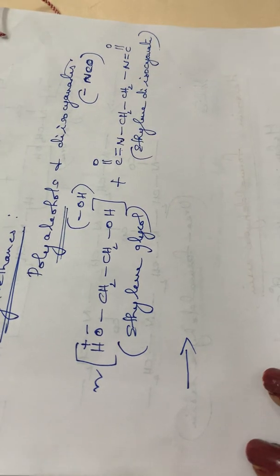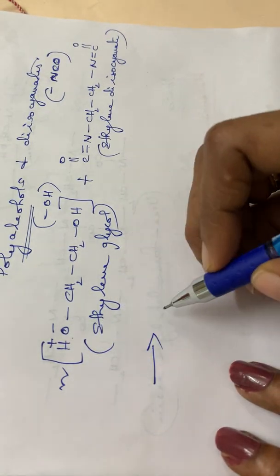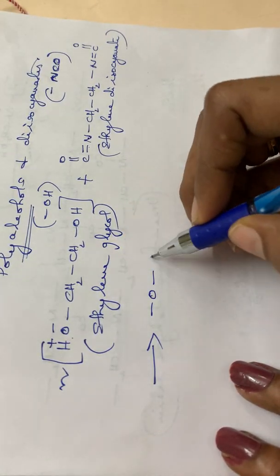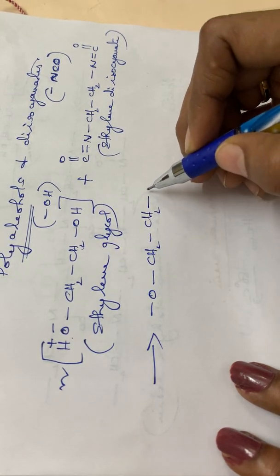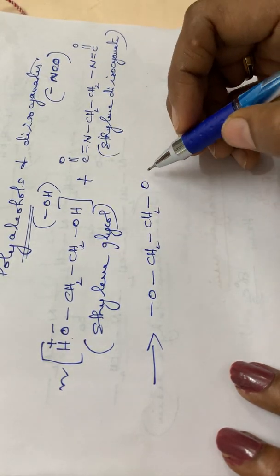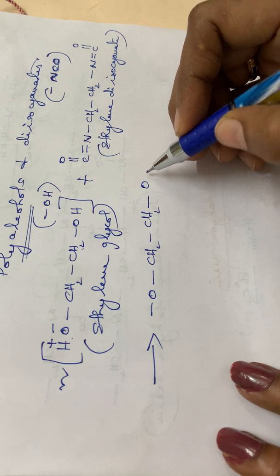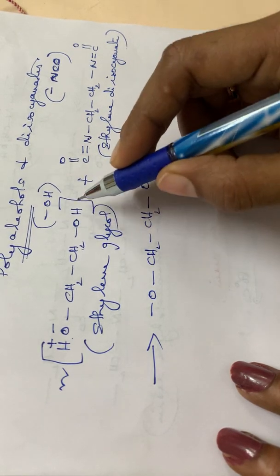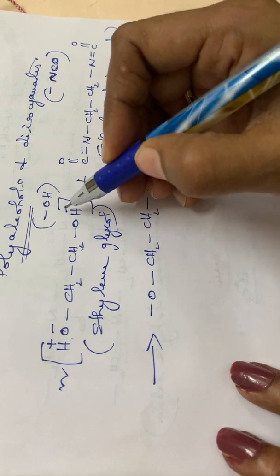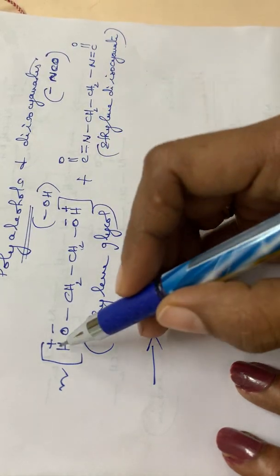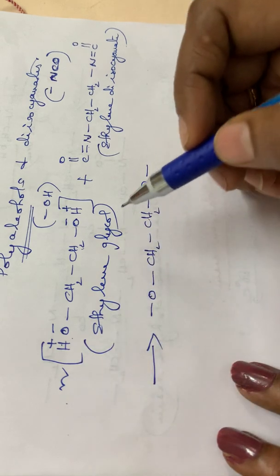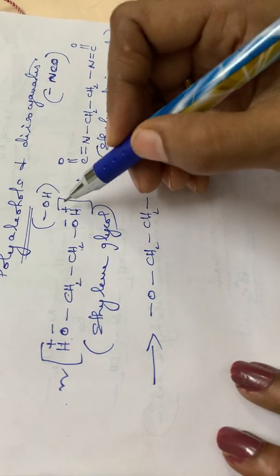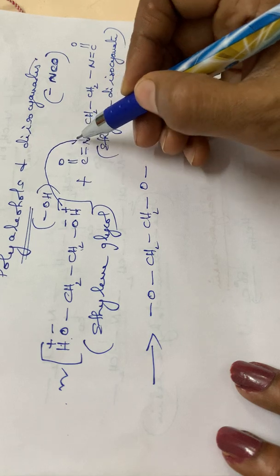Okay, so we can write the compound. Here it becomes O, then CH2, then again CH2, then O. This part also will be added up, single bond. So this hydrogen again will be moving as H plus, isn't it? This will be combining with another ethylene diisocyanate part, and this H plus will be moving to this nitrogen atom.